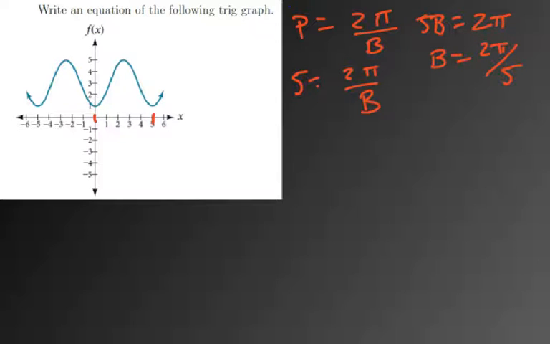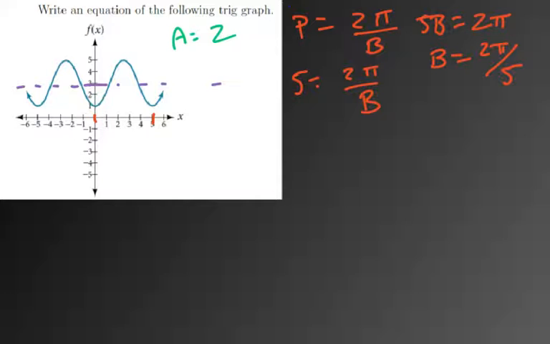Then, we talked about before, cosine really starts up, normally comes down and goes back up. Here we're starting down, so that means there's probably a vertical flip going on. And we definitely are not at the normal height, right? We can see that this thing is centered at 3. And so it's shifted up. And if it's centered at 3, then you can see that the amplitude is different too, because you're going 2 units up off of that and 2 units down off that. So this tells us the amplitude is 2, and then the vertical shift is 3,